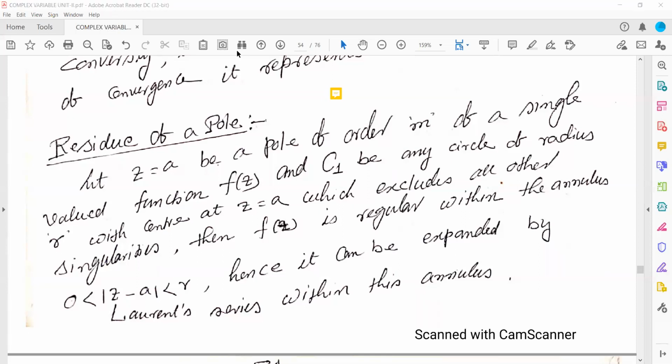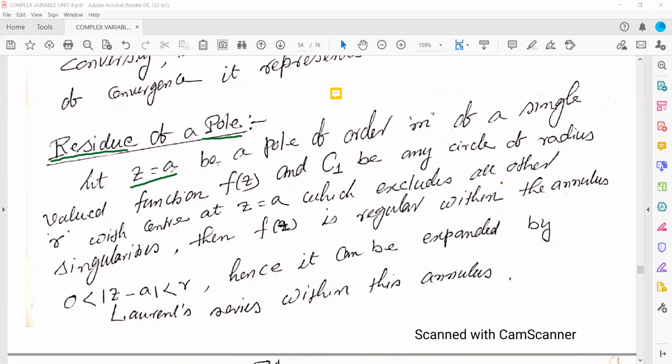Okay, the residue you need to calculate only for a pole, and you know how to calculate the pole. Obviously, I have already taught you how to calculate the pole. So say z is equal to a,